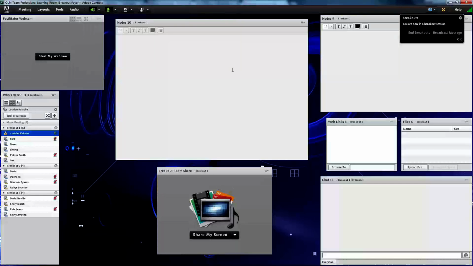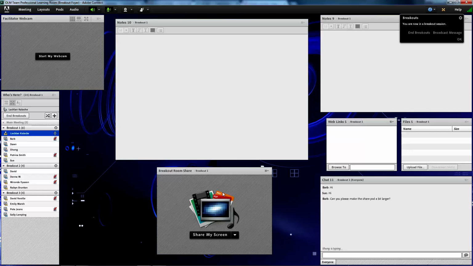Hello, breakout group 1. I'm now in here with Barb, Dawn, Lee Hong, Patrina and Sue, and we're the only ones who can see what's going on in this room. Barb's using the chat pod, you guys are typing in, but the other groups are probably going, what the hell's going on? And that's where obviously you want your instructions, etc. to be